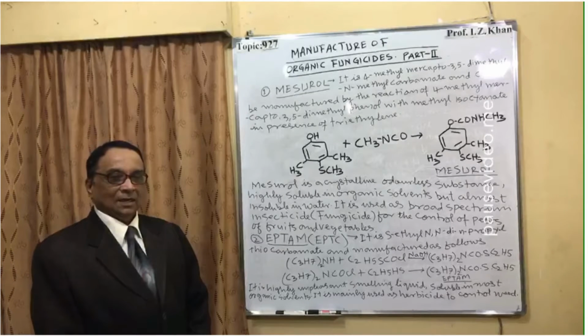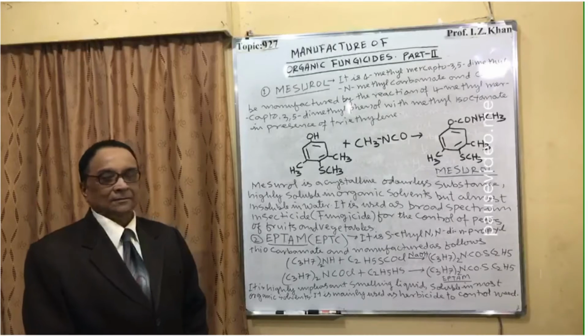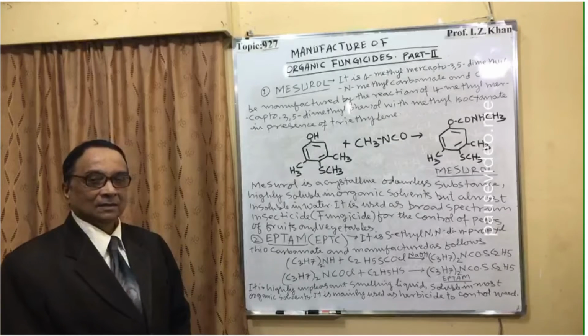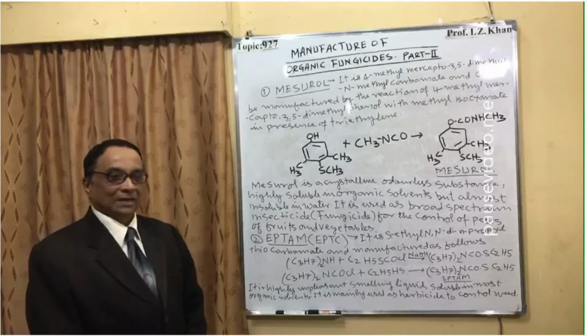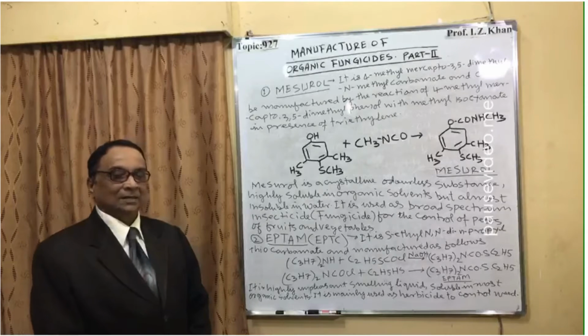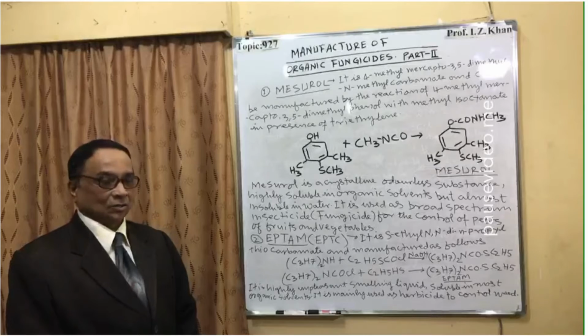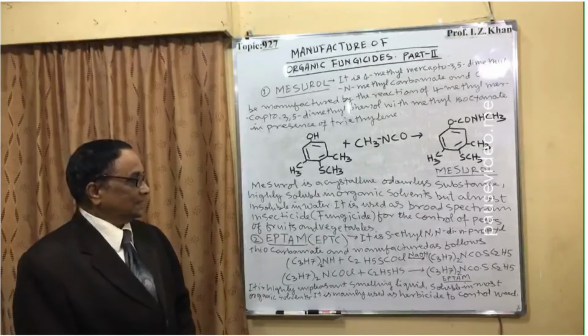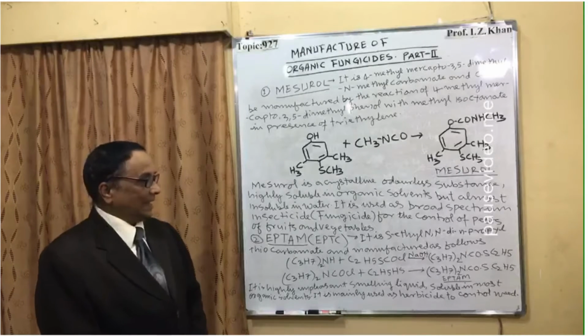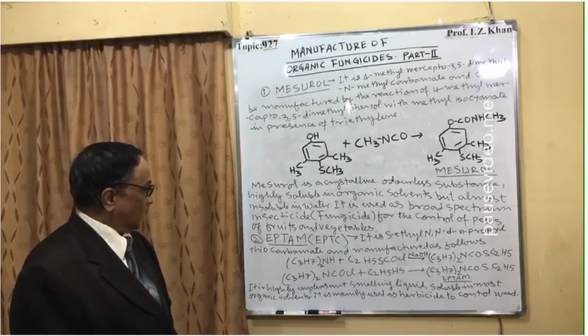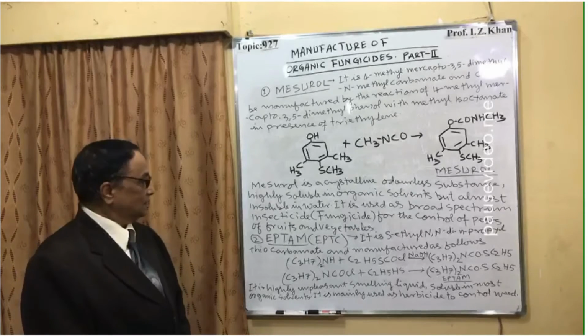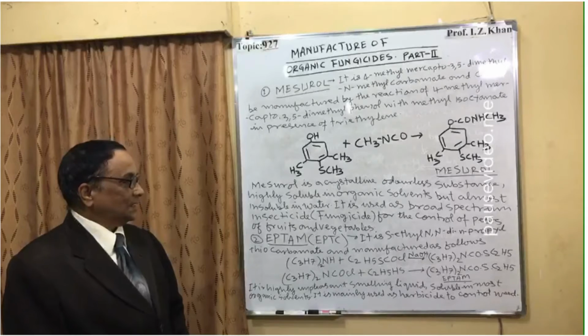It is mixed in or sprayed on soil, and while spraying we have to be careful because it is very irritating to your eye and also toxic to your skin. It is S-ethyl N,N-di-N-propyl thiocarbamate and manufactured as follows: